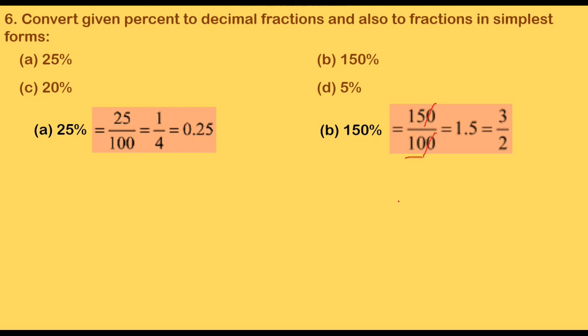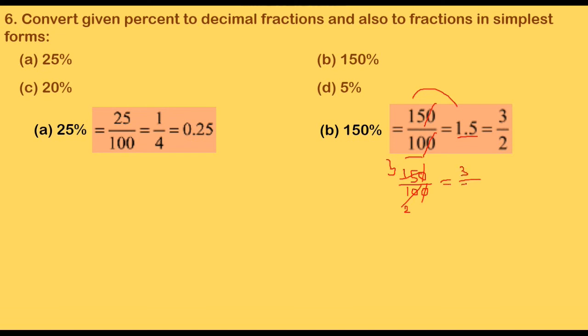I have 10 in the denominator, and it is very easy to find the decimal value if I have the denominator as a multiple of 10. So here I don't need any calculation. I just count the number of zeros and put the decimal before that many digits. Again take 150 upon 100, and if you find the simplest term, it won't be much difficult. It is easy to find: 0 0 cancelled, 5 2s are and 5 3s are. So it becomes very easy if I take the decimal value first and then the simplest term.